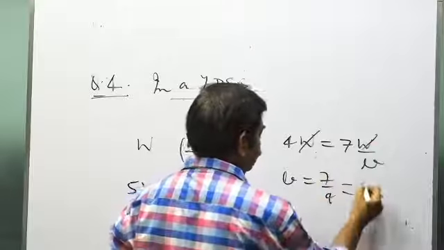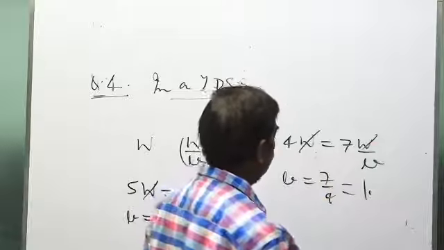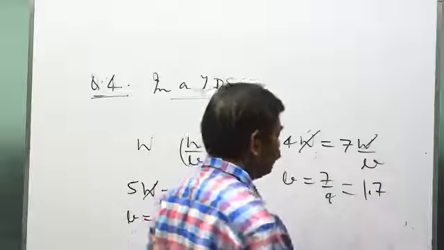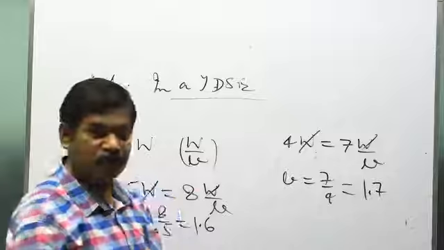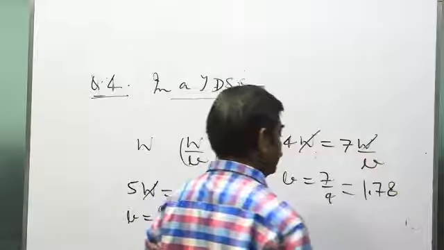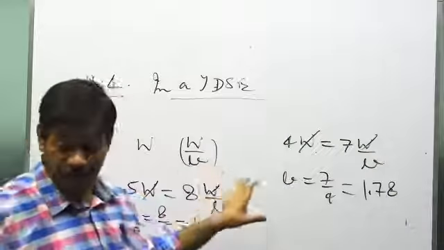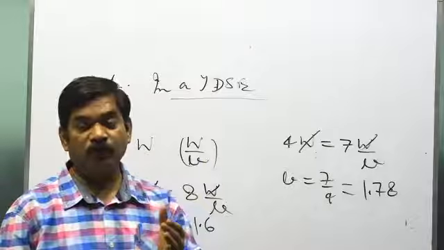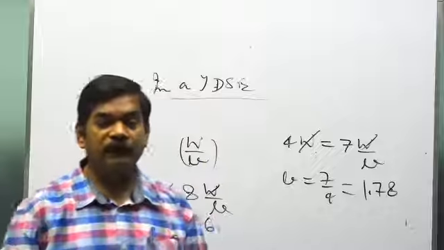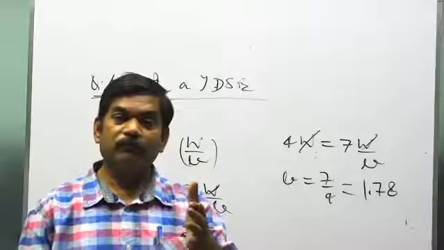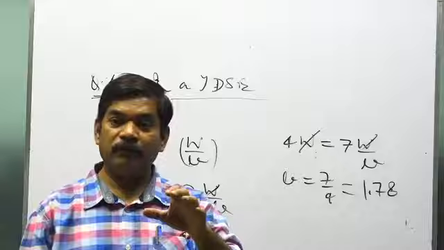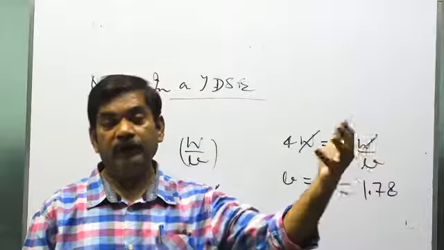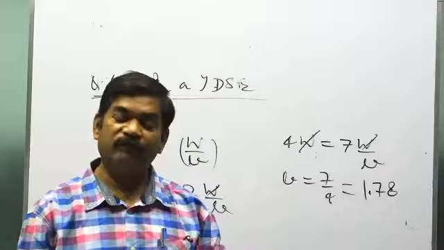So 7 by 4 becomes 1.75, about 1.7 something. The option given is 1.78, so that will be the correct option. Let me explain this question clearly, so that you remove this confusion right now. The terminology is that if they name the central maximum separately, then they call the next ones first maximum, second maximum, third maximum. Then when you keep n equals 5, you get the fifth maximum.